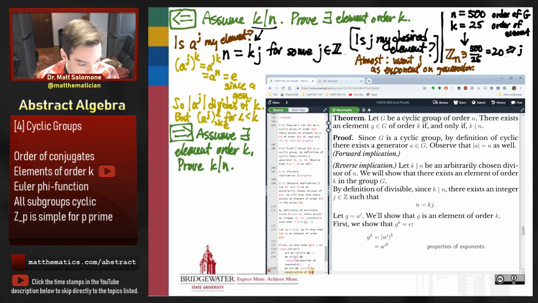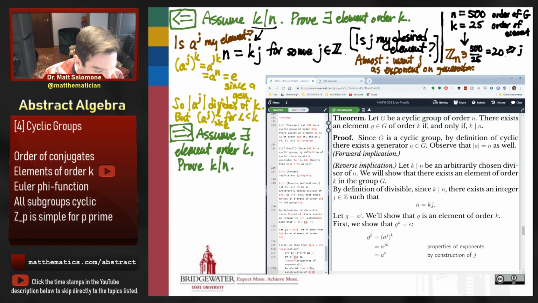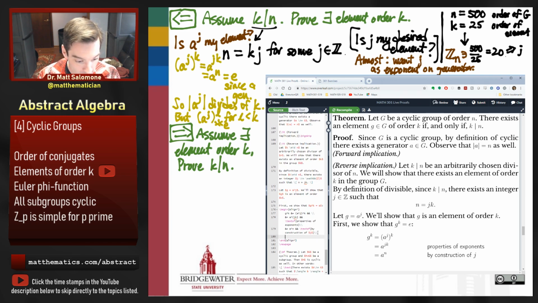So this is how we got our j in the first place, right? We made the observation that n must be equal to kj for some integer j. And so, why don't we turn that around and say jk, so you don't have to also appeal to the commutative property of multiplication. Okay, so jk is equal to n by construction of j, by this equation up here at the top that defined j for us in the first place. But then we know a to the power n is equal to the identity, since the order of a is equal to n. Because a was a generator for my cyclic group of order n, we reminded the reader that the order of a was n up here on the top, and therefore a to the power n is equal to the identity.